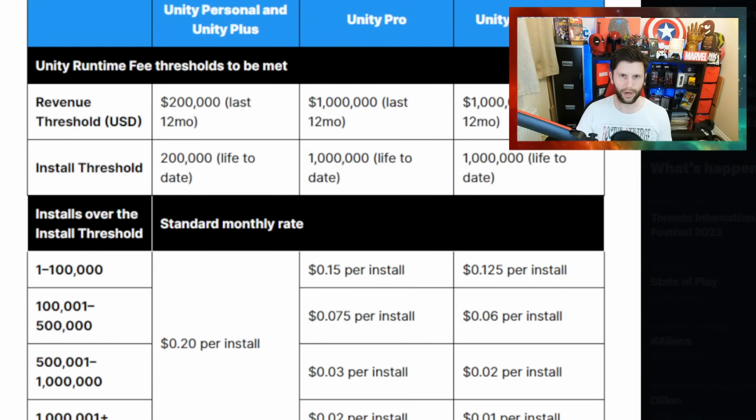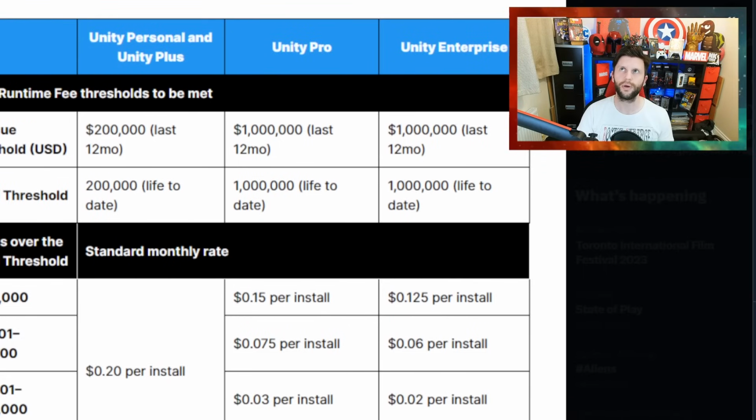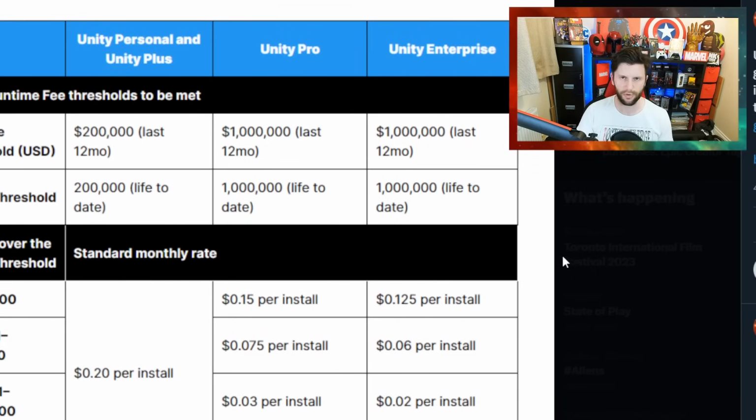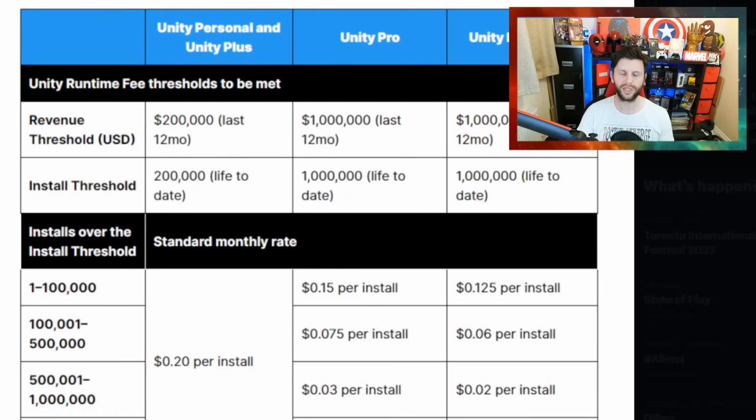I'll give you some case studies in a minute, but here on screen are some of the proposed changes. What Unity seem to be doing is forcing small developers and developers in general to buy some of their more paid products like Unity Pro and Unity Enterprise, in order to cushion the blow of a game doing very well. Now, if a game doesn't do very well, then they're in a bit of a sticky situation. If it just barely scrapes the amount of installs and revenue, then it can mean that a developer may be forced to close,